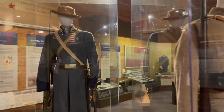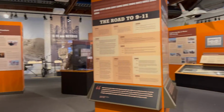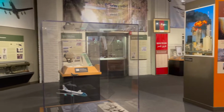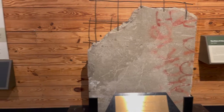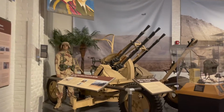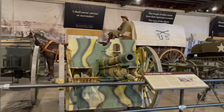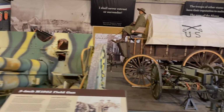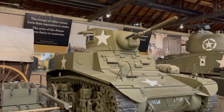Plus different uniforms for our soldiers that we've had through the ages. There was a section about the U.S. and Mexican War. And a block of the Berlin Wall, which I've seen like 20 billion of them. So it must have either been a really big wall or there's pieces all over. It also talks about Desert Storm and Iraq, as well as some other fights that we've been into, and more